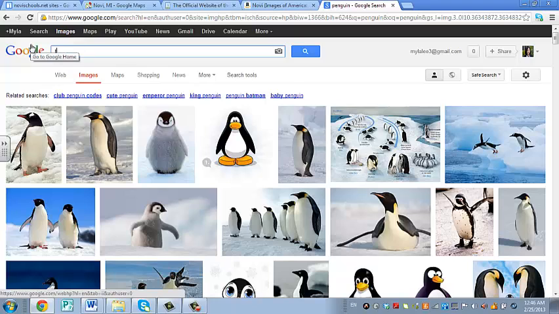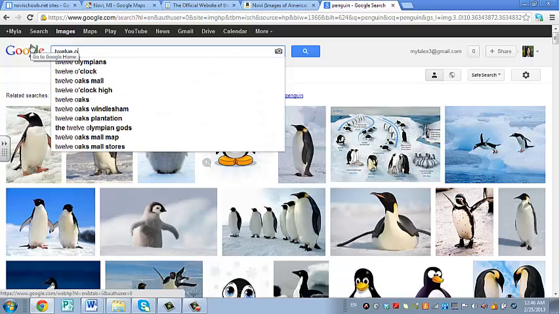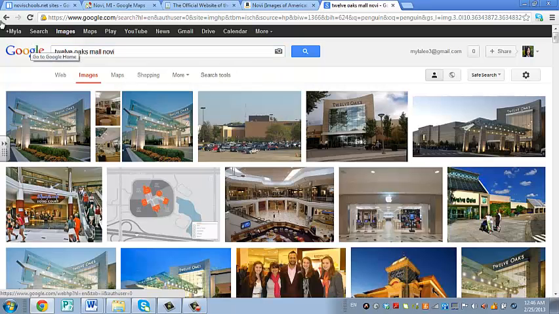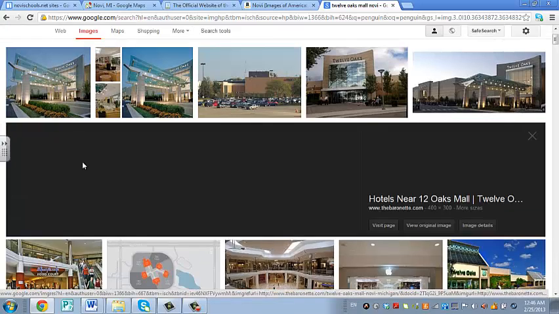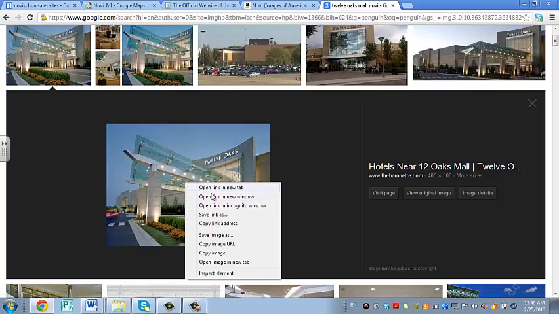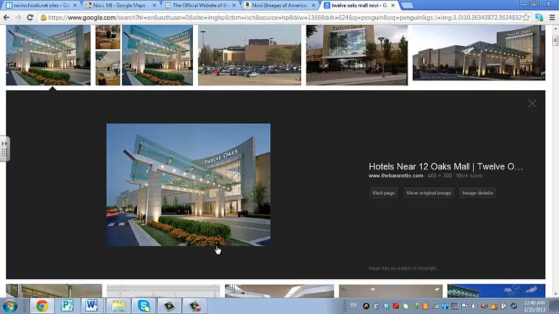type it in, 12 Oaks Mall, Novi, and I'm going to look for an image. This is the original image that I really liked. So I'm going to click on this image. Again, I'm going to right click, and I'm going to see copy image URL. I'm going to click on that,